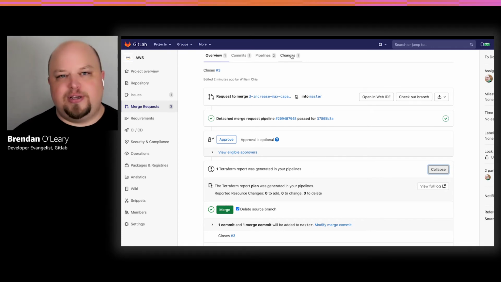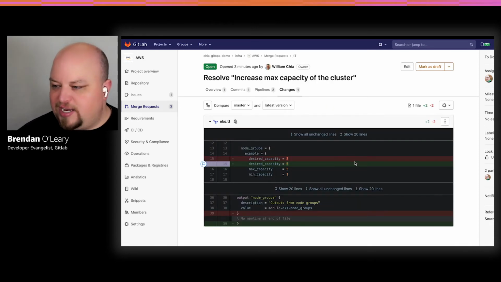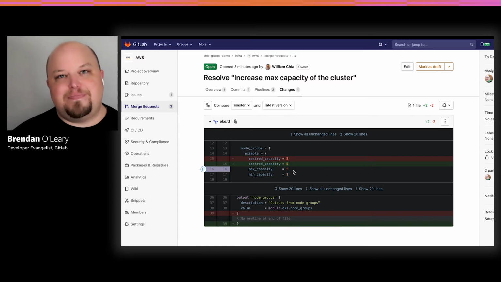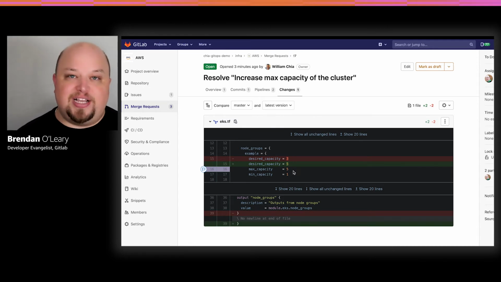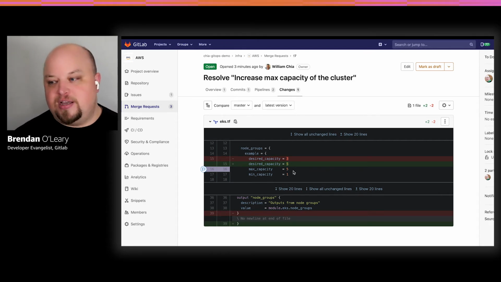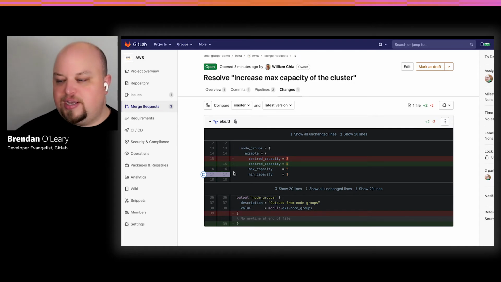So let's take a look at William's changes and see what might be the issue there. Okay, so I'm looking at this change and I see that he's changed the desired capacity, but not the maximum capacity for our cluster. So of course, our cluster is going to manage auto-scaling through Kubernetes autoscaler, right? And so that's going to tell it how many nodes do we need running at any given time to deal with the pressure of all the various apps that we're running. But they'll only go up to the maximum capacity. So that's actually the thing that we wanted to increase here rather than the desired capacity.